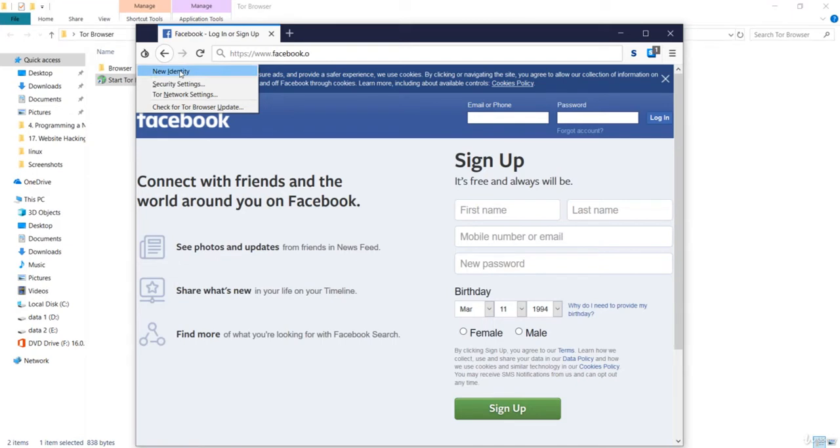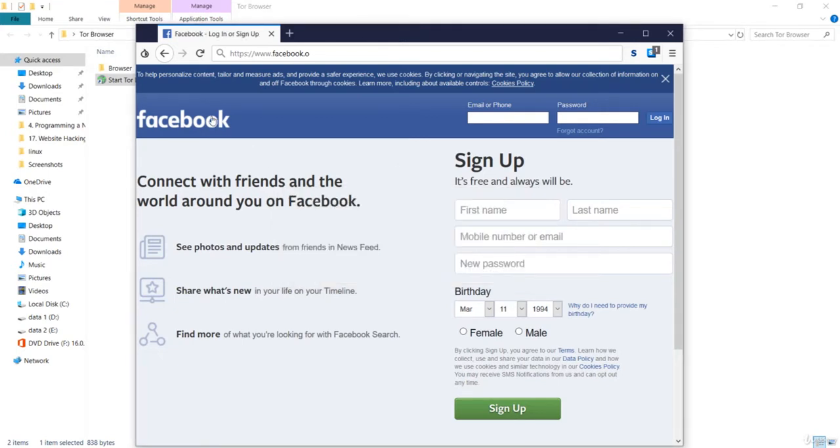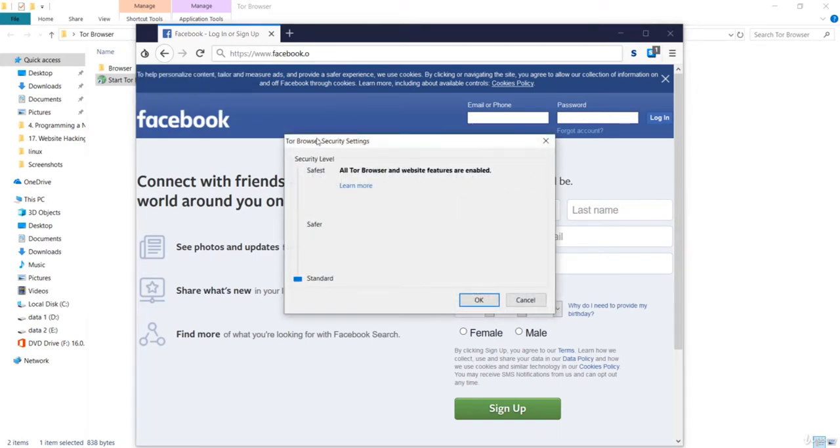If I press on this New Identity, that means it is going to give us another identity, that is a new network connection. We'll see about the connection in a minute, how this Tor onion route works. We'll see all of this mechanism in a minute, but before that you can click on this New Identity. You will get the new identity, new connection, or a new circuit for your connection. And if I go to this Security Settings, you will get this browser setting over here.